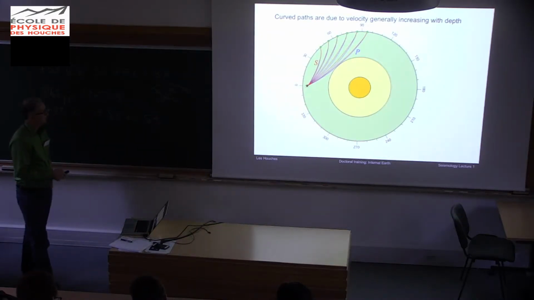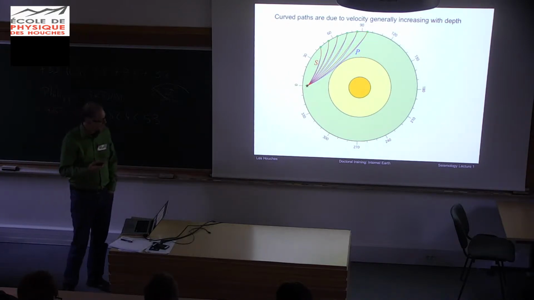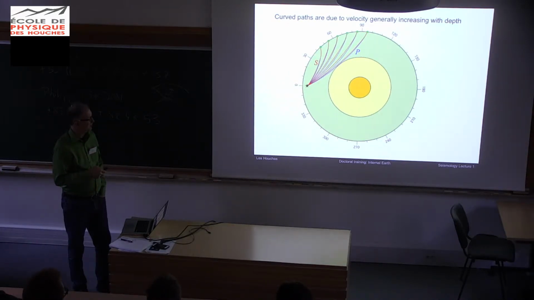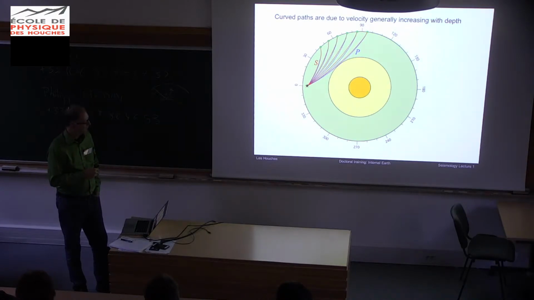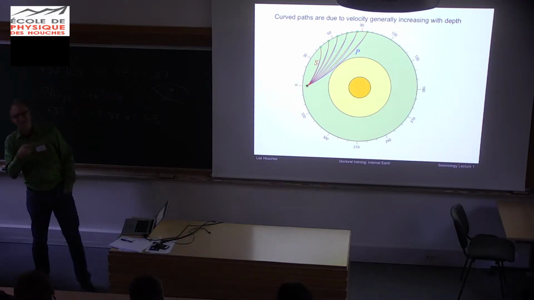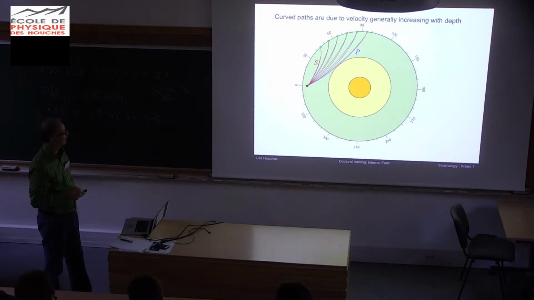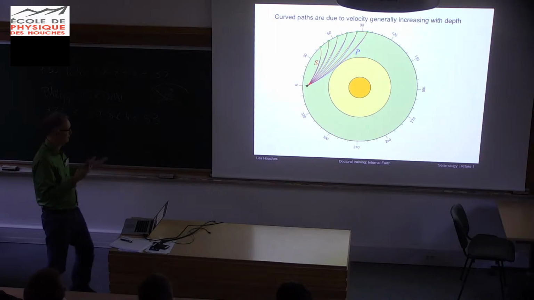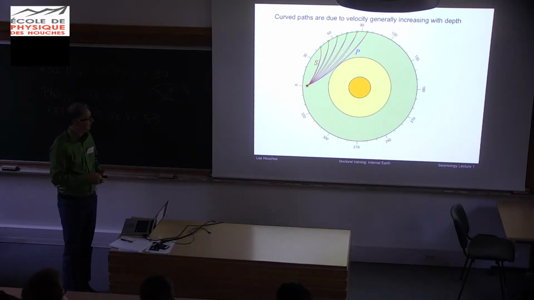So again, these paths are curved depending on the medium, and generally the velocity increases with depth in the planet. And we'll present this concept of velocity depth in the planet next time, Jimmy. So not this time. I'll talk about PREM next time, in case you wanted to do that. So anyway, S-wave paths and P-wave paths are a little bit different from each other because the velocities are different, obviously. And so here you have a ray path representation of energy getting to different places.